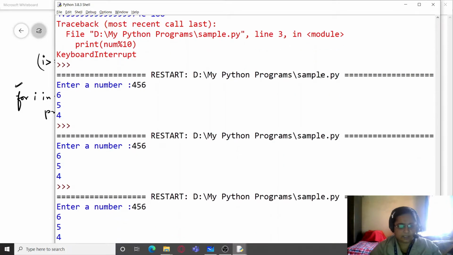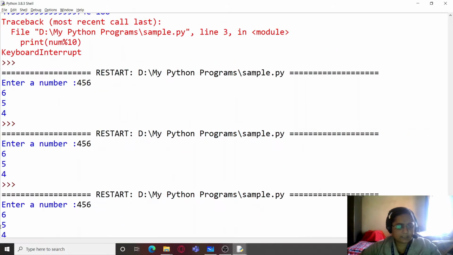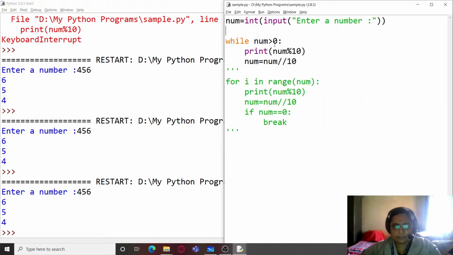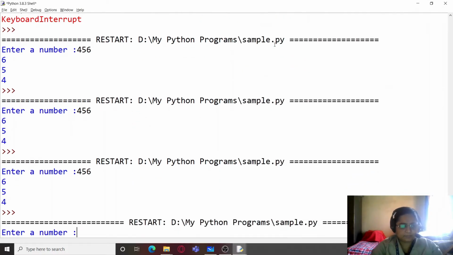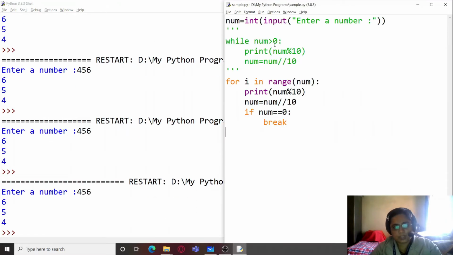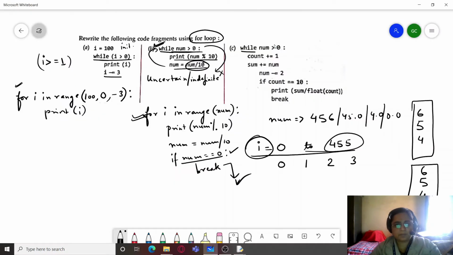We are getting 654 for the while loop variant, and now I will hide it and execute the for loop part, and you can see that here also we get the same output. So in these questions you have to keep in mind that the output should be the same.